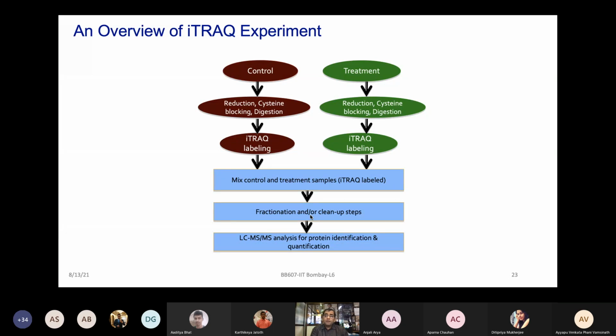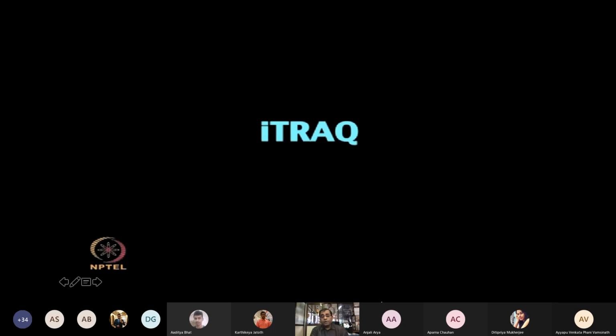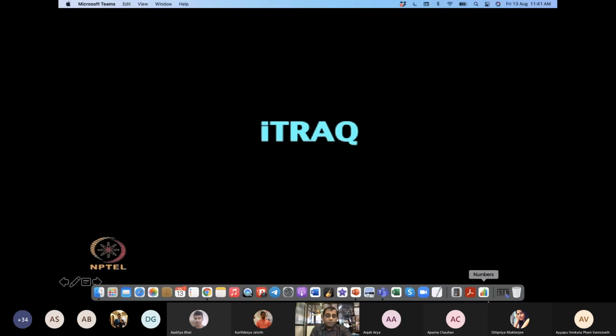And additionally, if you don't fractionate, you have to also then think about the overall coverage. Like coverage might be limited, maybe 70% or 60% as compared to what you can get after the fractionation. So you have to weigh off your options between the practical considerations versus an ideal experiment like that. Right? Let me show quickly the iTRAQ experimental strategy, especially the labeling part until the experiments.